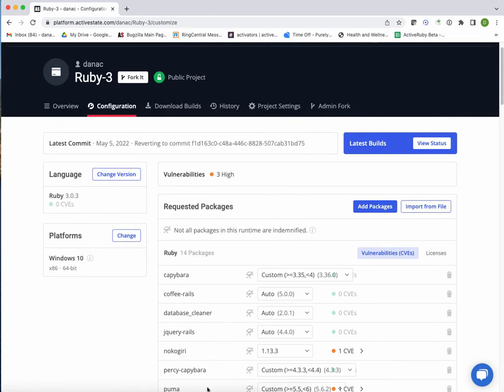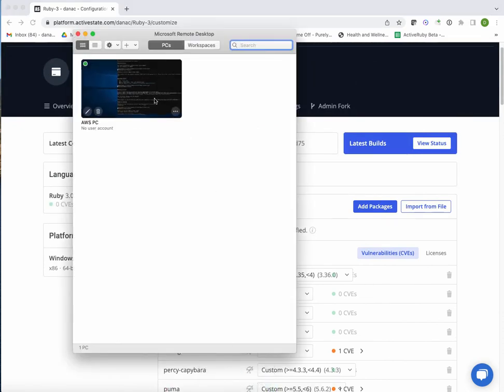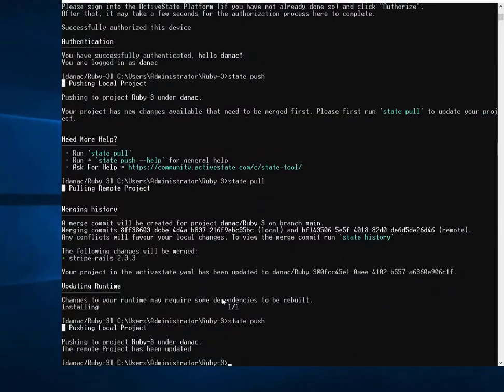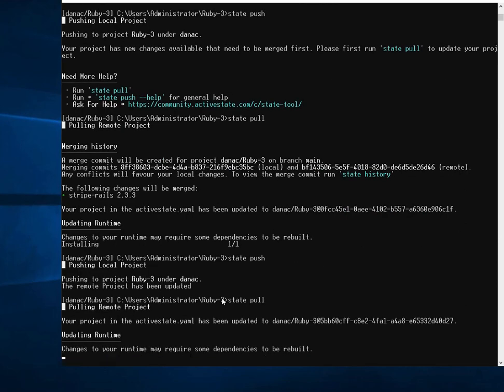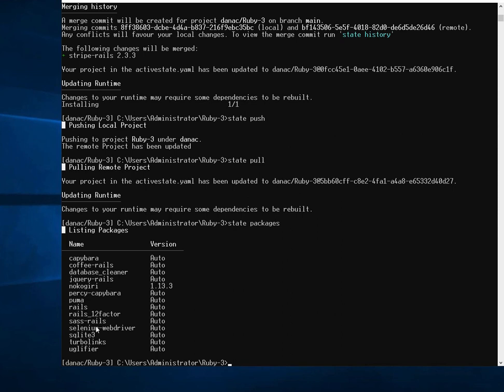So now, if I'm the developer, I'm going to have to revert my local environment back again. I can do that simply by running state pull, and that will synchronize my local project with the remote project on the ActiveState platform. If I run state packages, I can see that the Stripe Rails package or gem has been removed. So those are some of the advantages you can get by